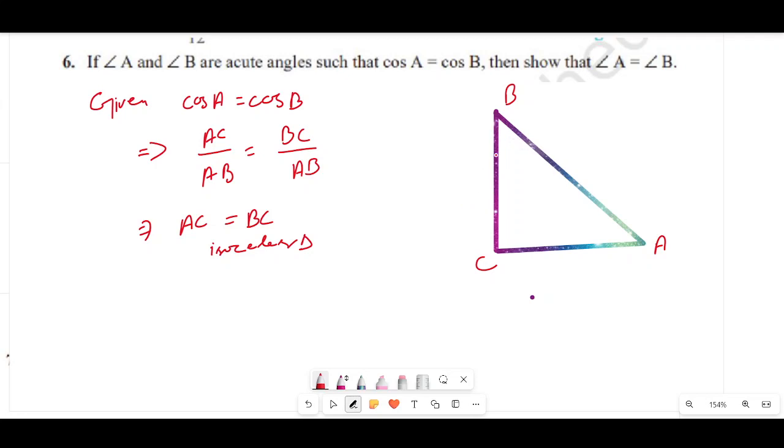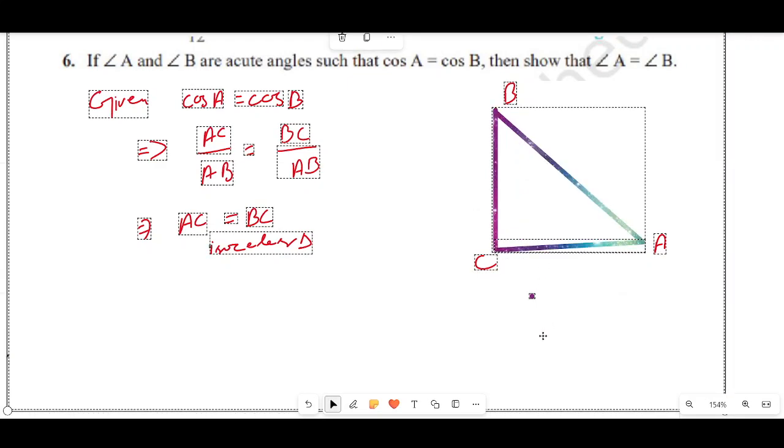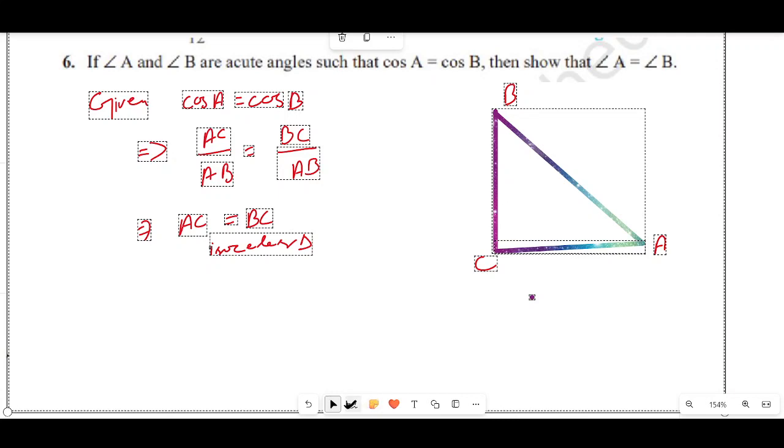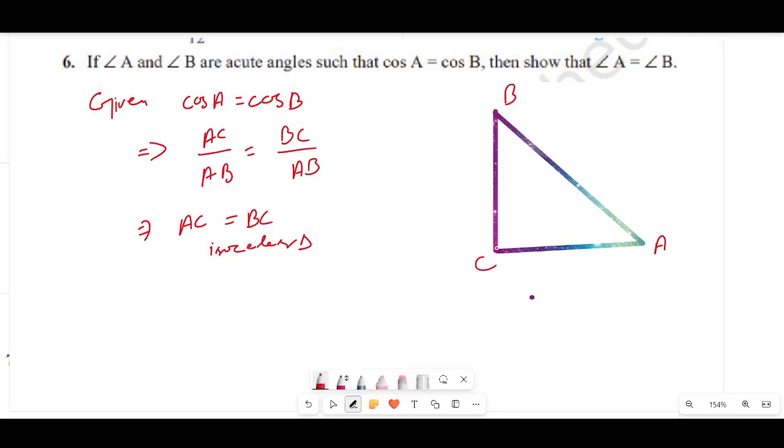Now, don't worry, we can use another way to solve the same problem. So here we will draw a perpendicular. First we should draw a perpendicular for this, then we should make a perpendicular for this. Now D is the point on AB. Now if you take a triangle CDB, in triangle CDB,